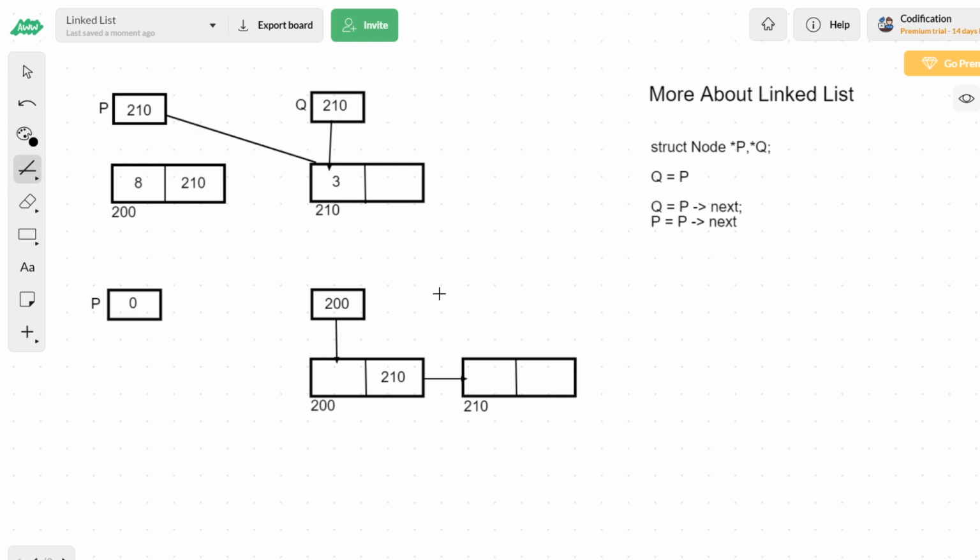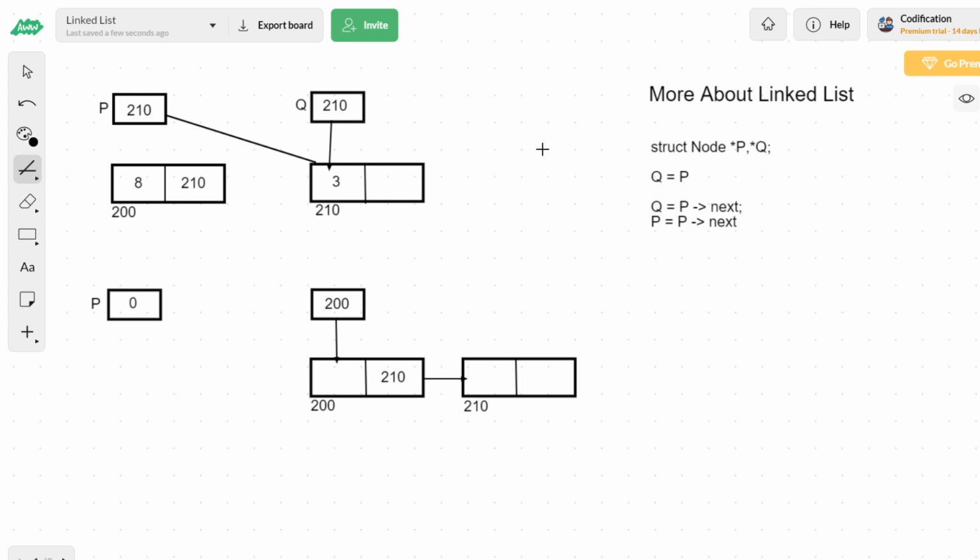So one thing we can understand from this is that if I want a pointer P to move from the first node to the second node, then you can use the statement P equal to P of next, which will automatically move the pointer from the first node to the second node.